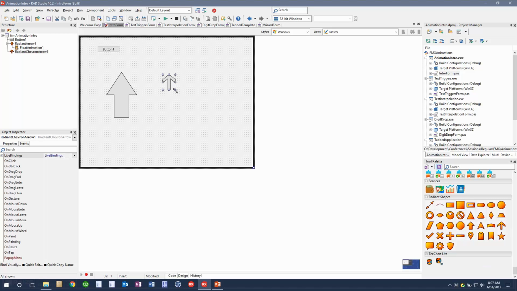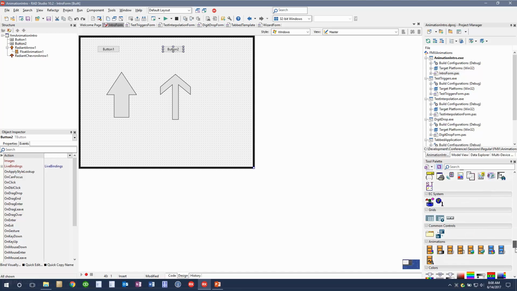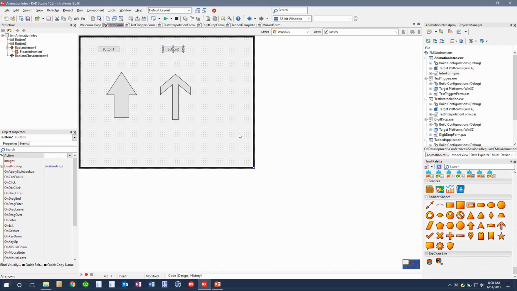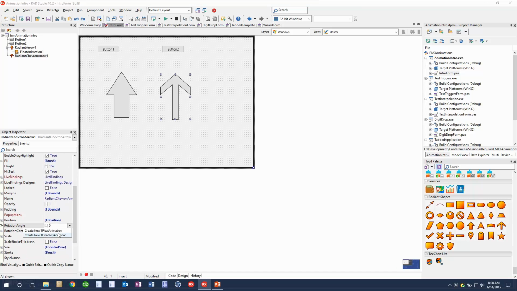Let me go ahead and create another one. We'll use a different arrow type here, make it a little bit bigger. It's a little too big. And in this case, I'm going to add another button, and we're going to talk about the key animations. So we need to go over to our chevron arrow, and again, we're going to look at the rotation angle. And this time we'll create a